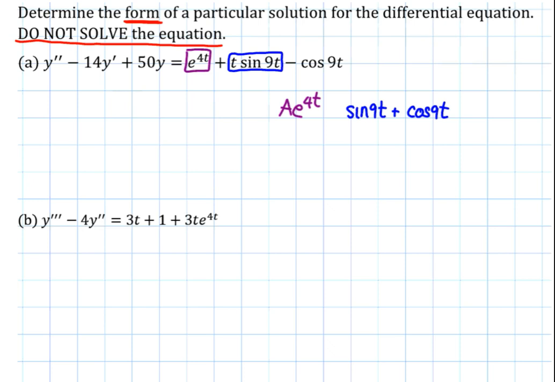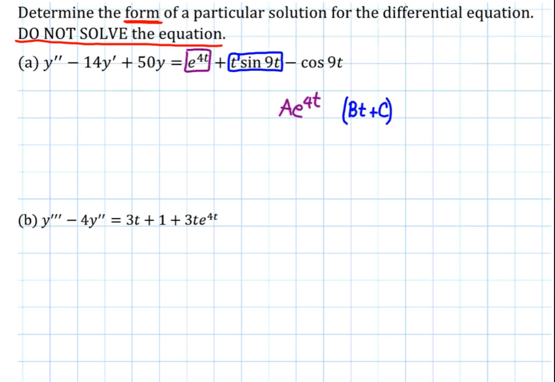But this time we have a t in front of it, which means we have to multiply by the same order of polynomial. So this is t to the first power. So we're going to have the form of, we cannot use A anymore, so let's use something else. We're going to use bt